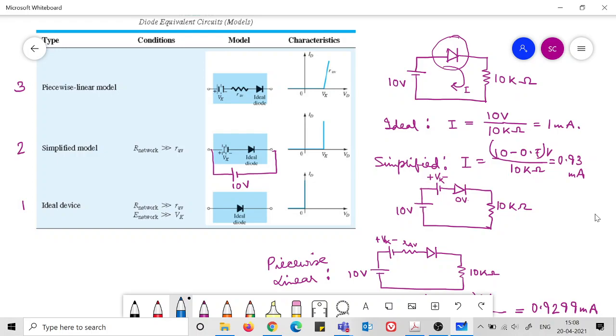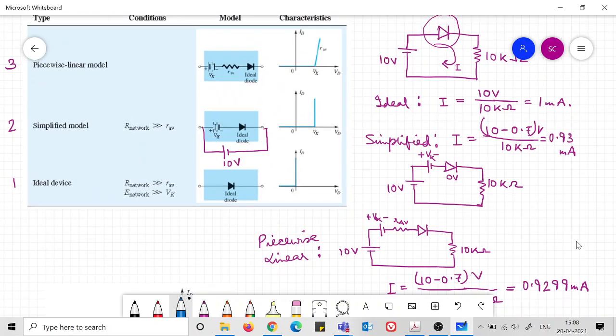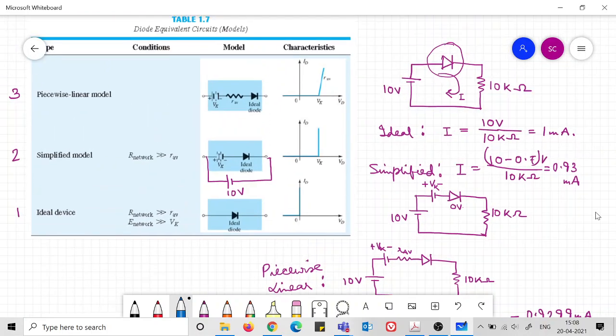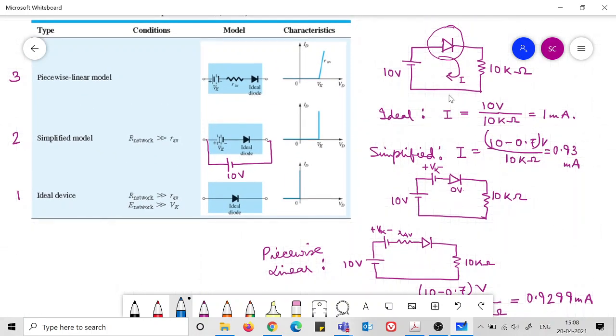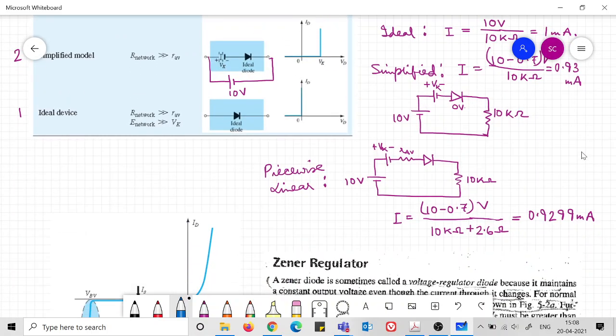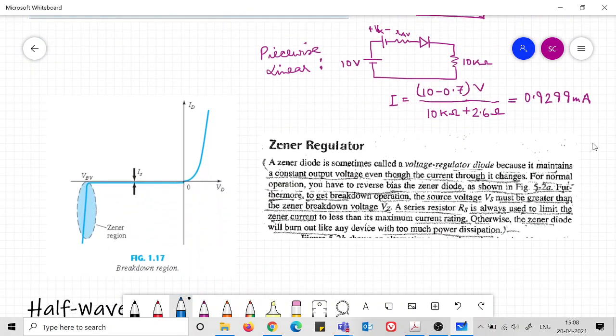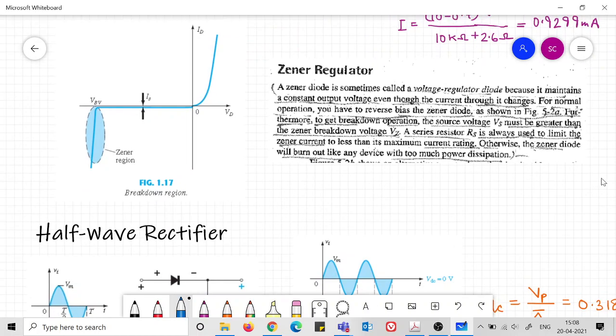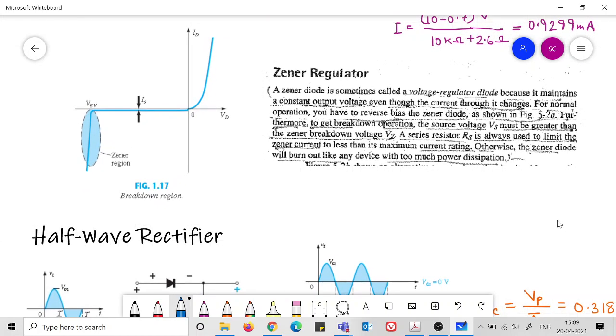So when the diode is in forward bias, there is a potential as well as a resistance in place of the diode. With the help of this, we did a very simple circuit analysis, and you did some more in the tutorials. Two of the batches have done it, and others will also be doing it this week. So let me proceed further.